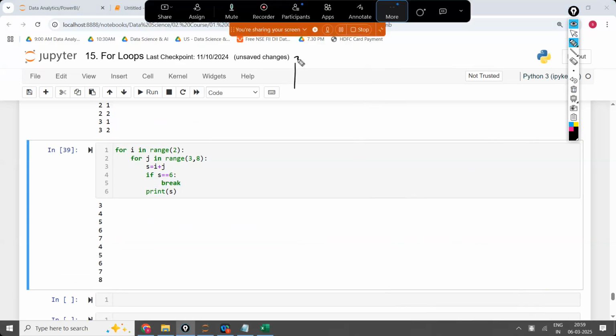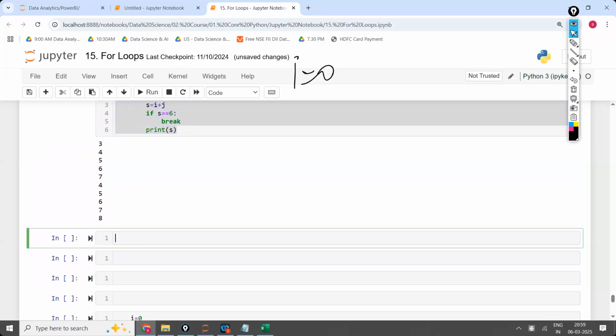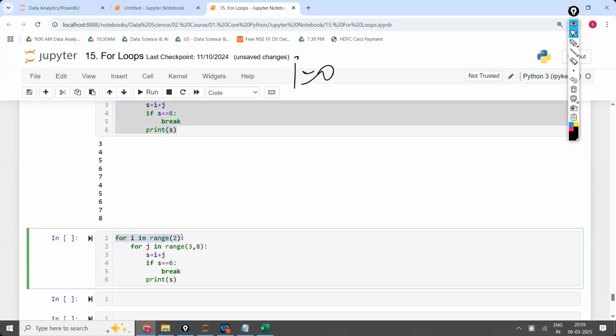First, what is it going to do? I is equal to 0. J is equal to... Guys, if anyone feels confused with the nested for loop, just this entire code, this code is enough. You have to write this code two times. Repeat this entire program. Copy it. First you take I is equal to